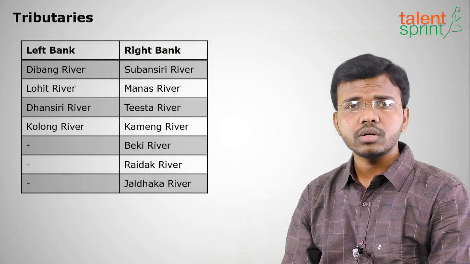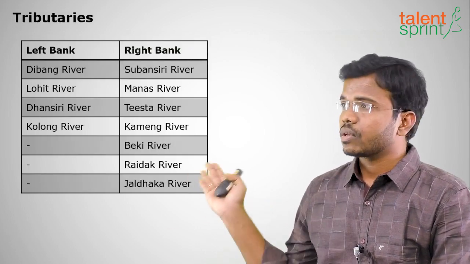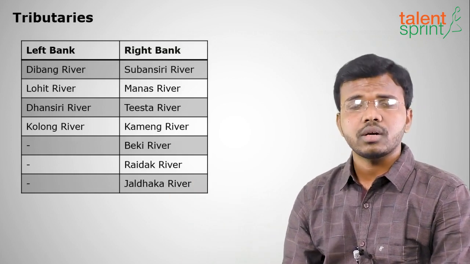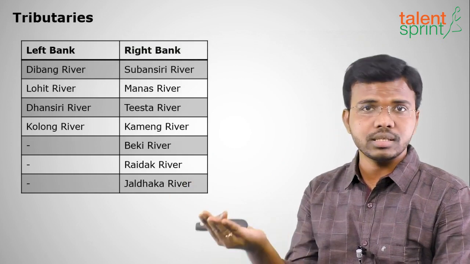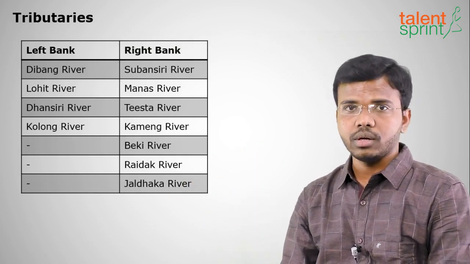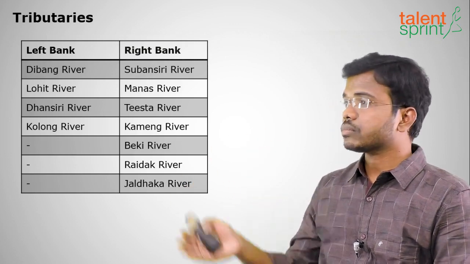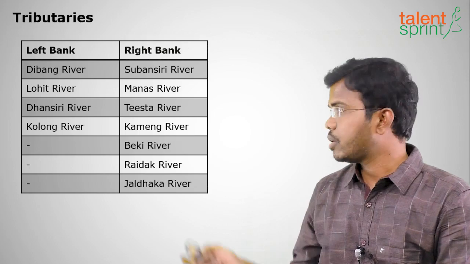And what are the tributaries of Brahmaputra? On the left side it has Lohit, Dibang, Dhansiri, okay, and Kolong rivers. On the right side it has Subansiri, Teesta, Manas. We have Manas National Park, right? So Manas is a tributary of Brahmaputra only. Teesta, okay, it comes from Sikkim, moves through West Bengal and joins